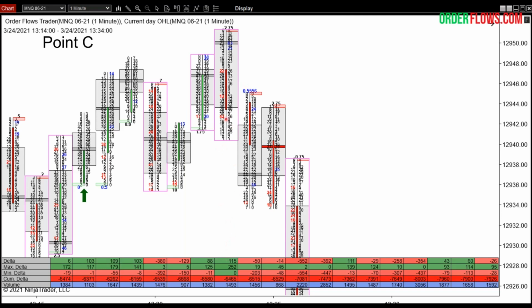You have this big, strong positive delta. At one point, it was 252. But you look at this bar, right? This is the thing where it gets kind of misleading for people, right? They're thinking, well, I got a positive delta. Why isn't this market going up? But then when you look at it, you say, oh, now I understand why the market didn't go up,